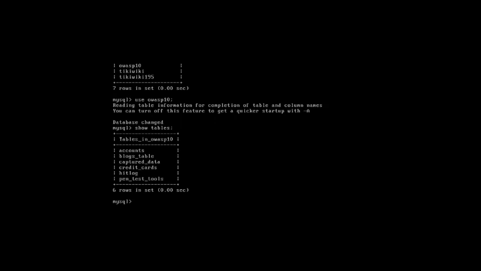All these tables are available: accounts, blocks_table, captured_data, credit_cards, hitlog, then pen_test_tools.